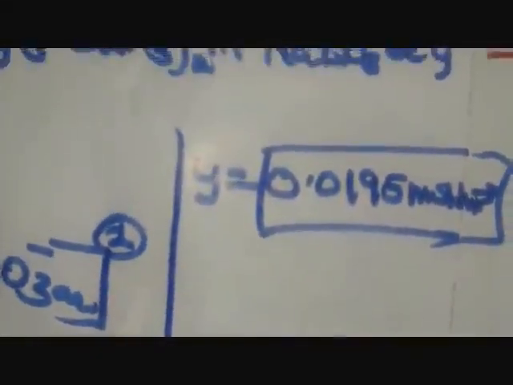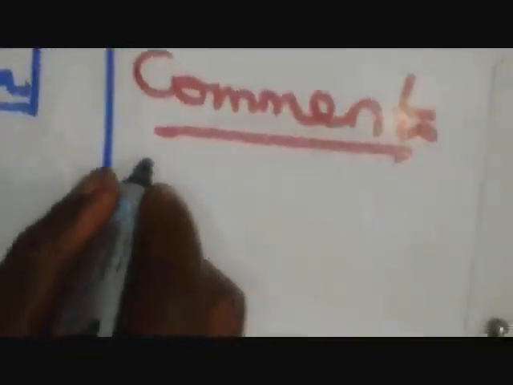Now when you look at the answer we have got here, members, try to look at that answer and the answer we got previously in pure water, which was 0.036. The question is saying comment on our answer. When they ask you to comment, you look at the two answers and compare them. So we are going to say that the solubility of calcium iodate in the sodium iodate is lower.